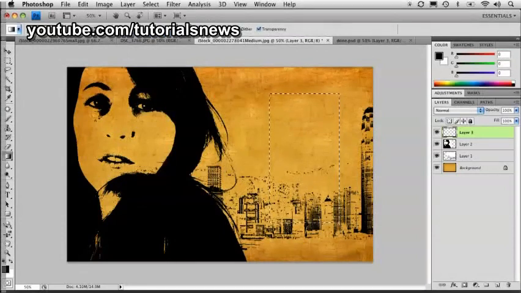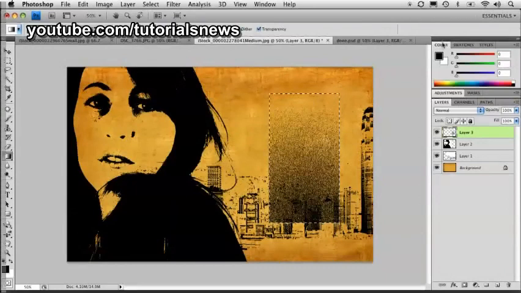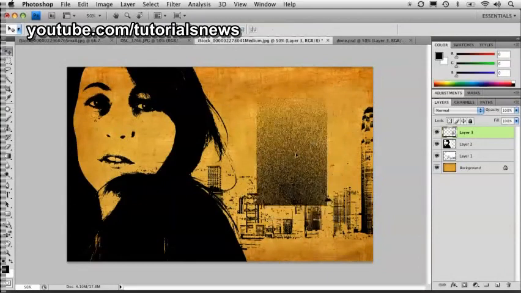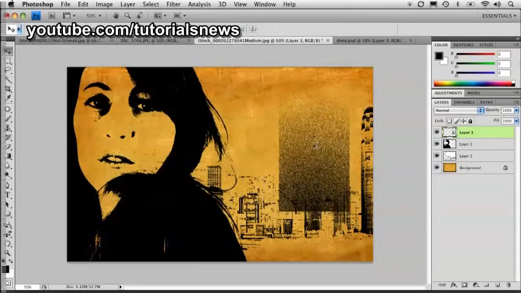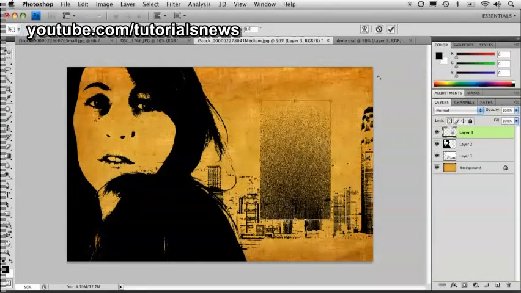And I'm just going to start at the bottom of this selection. I'm going to hold down my shift key and just drag upwards to the top area of the selection. And you'll see I've got kind of an interesting spatter effect there. And of course it is on its own layer, so that looks good. Well, now I want to change the way it looks. So I'm going to press Command or Control T, and then I'm going to hold down the Control